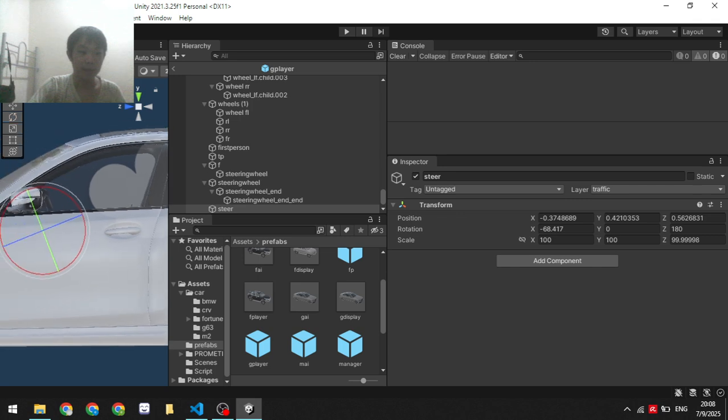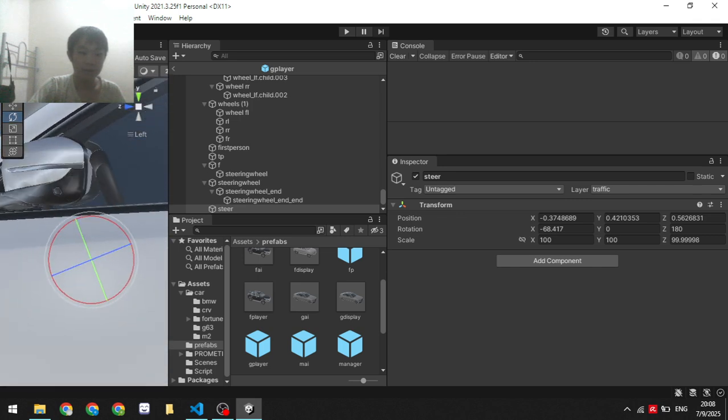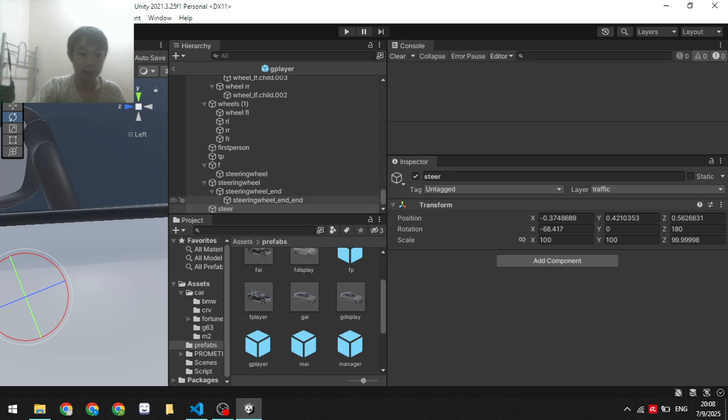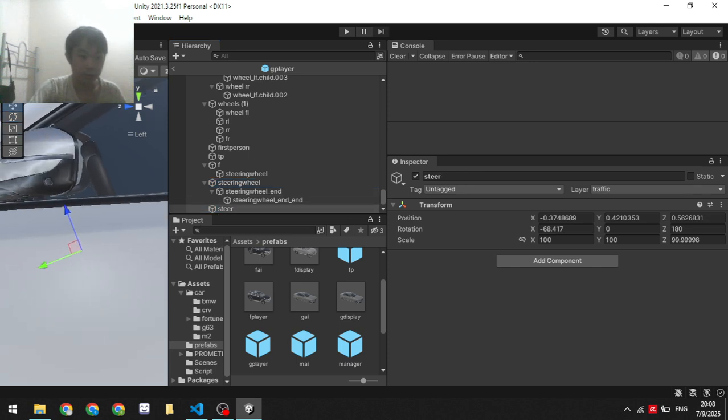I will drag the steer off this. Wait, where is that steer thingy? Yeah, that is here, and then I will drag this all the way to here, and then to here.